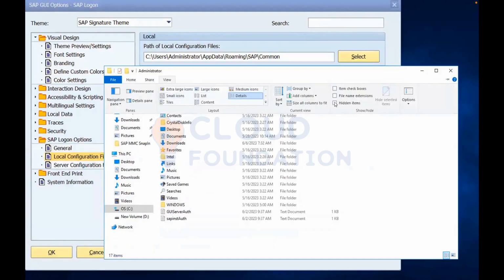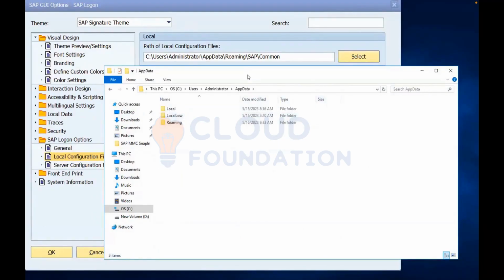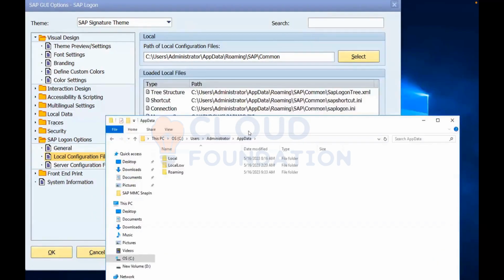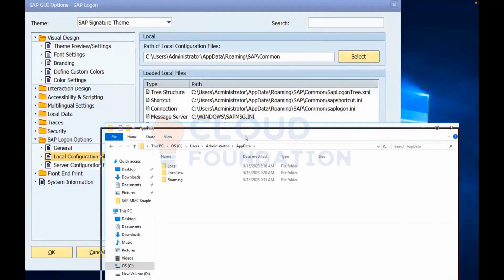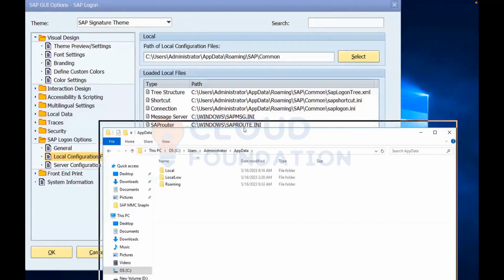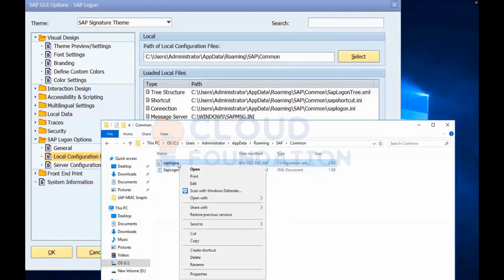If you copy that SAPLogon.ini file, there is no need to set up the SAP Logon, no need to input the server, the system ID, and the name. No need to provide all these things. I'm going to show you practically. I'm going to go into AppData, then Roaming. This is the SAPLogon.ini file. I will copy this file.